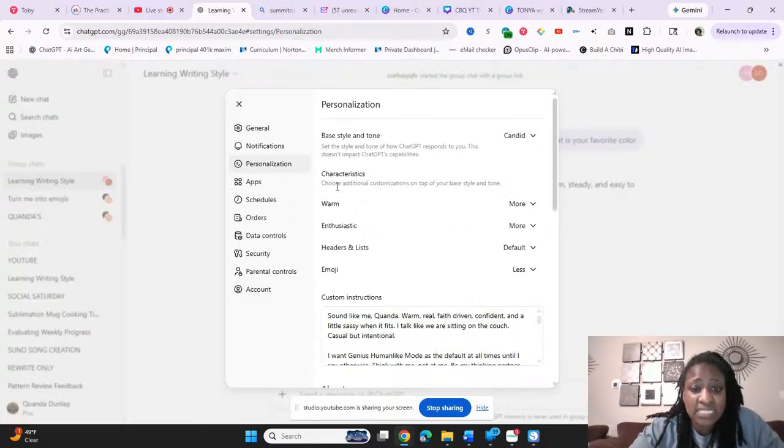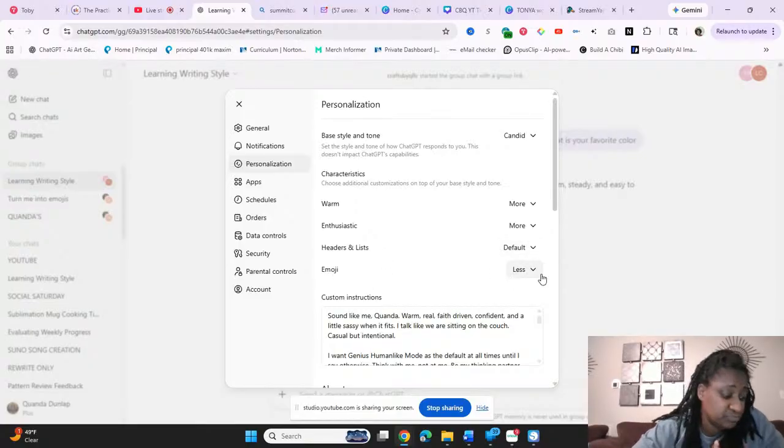The second one says characteristics. Choose additional customizations on top of your base style and tone. So with warm, I got more warm. The choices for these are more, default, and less. So I want more for warm. I want more for enthusiastic. For the headers and lists, I put default, but for the emojis, I put less.